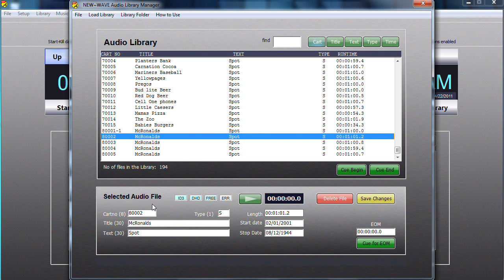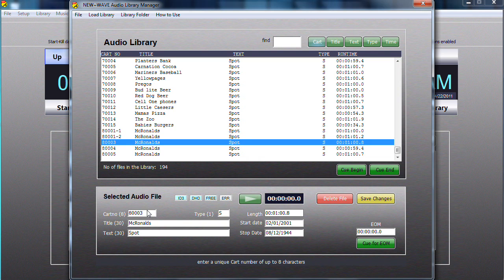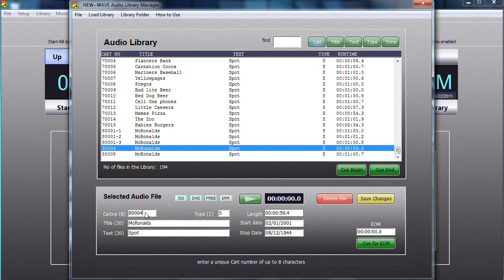And then let's say we want to add this to the car rotation as well. So we'll give it the same base cart number of 80,001, and this time we're going to put dash 2. Click Save Changes, and so forth. So again, it works based on the base cart number being the same base cart number, and then putting the dash, and then going in order. So 80,001 dash 5. Save Changes,